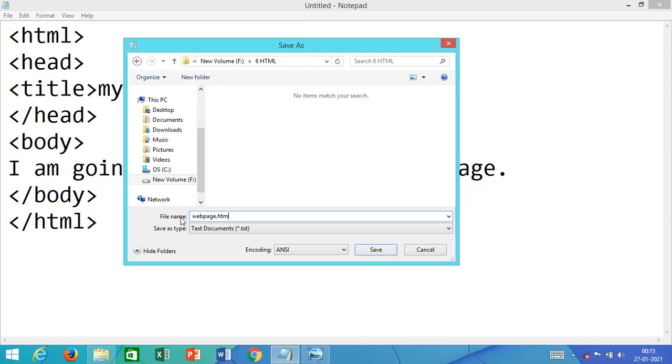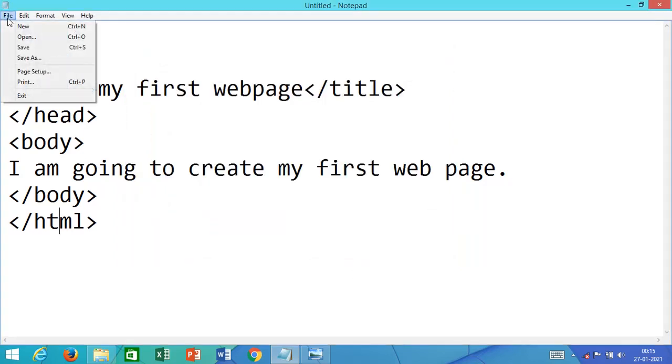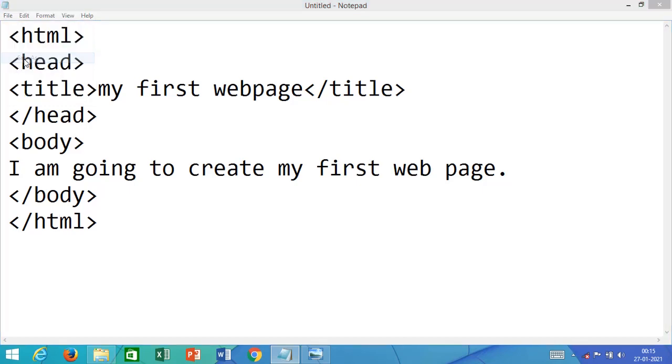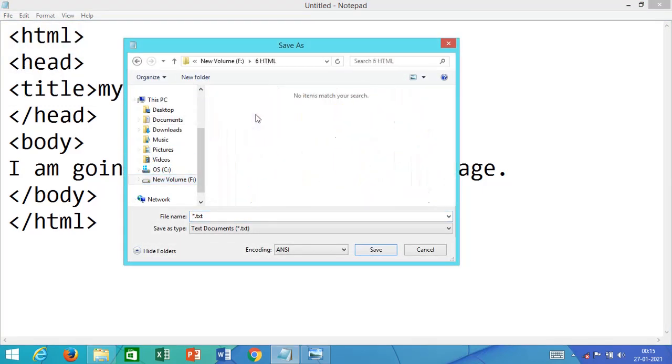So what I said: go to the file menu, click on Save As, go to the place where you want to save the file, then type the file name which ends with .html.